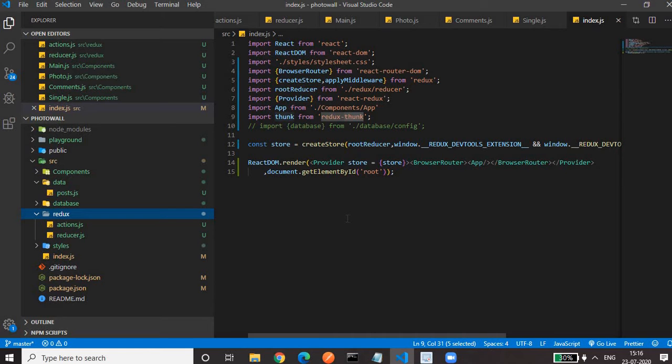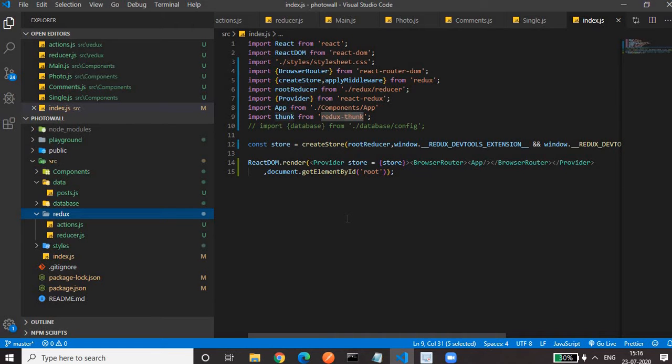If you have to remove any photo, update any comment, or add any comment, everything should be done in the database first, then the action gets fired, that action gets evaluated by the reducer, and then the store gets updated. So first we do all kinds of operations on the database. Once the database operation is successful, then we will fire an action for updating our state in the store.